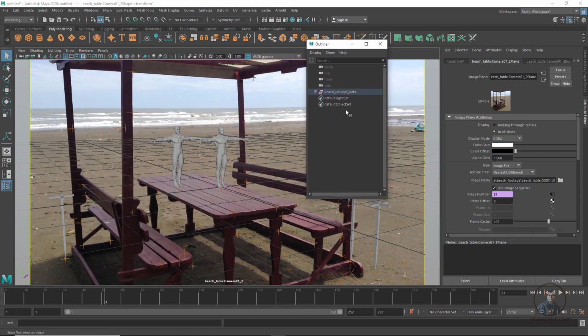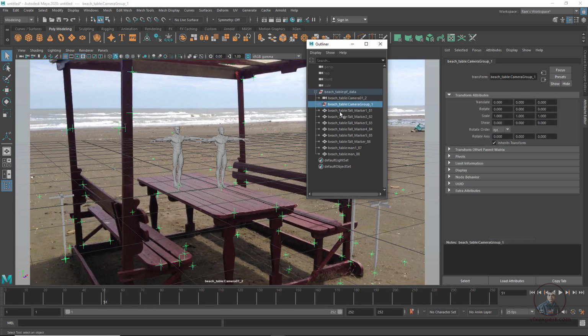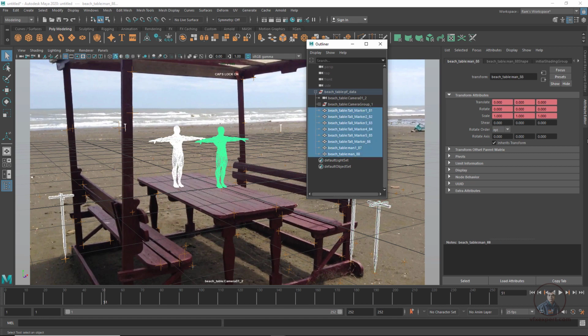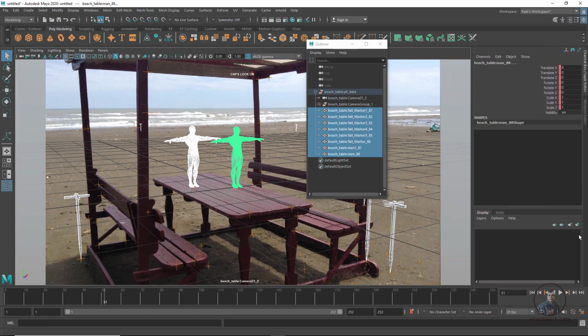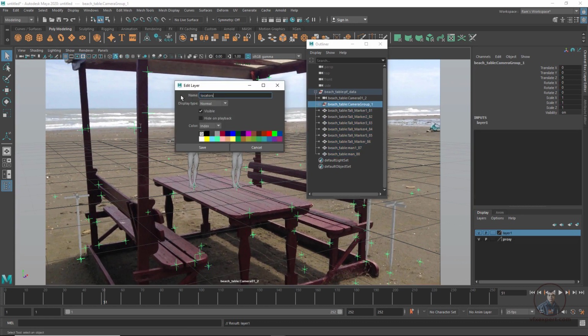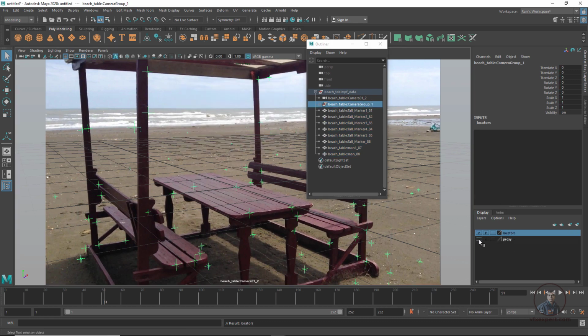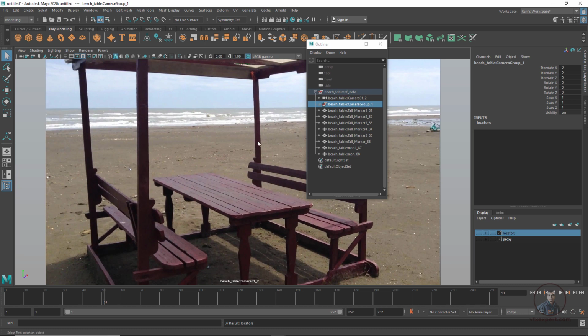Okay, now in outliner, click on window, then click on outliner. Now assign some objects in a display layer. So these are our proxy geometry. This is our scene group. Inside this scene group, this is your camera and this is your point group, and these are your proxy geometry which you have created in PF track. I have selected the geometry, then simply in our layer editor assign it to a new display layer. Then double click. Now if you want you can hide your locator, even hide your objects. If you want you can also hide your grid from here. Simply you can hide from here if you want.